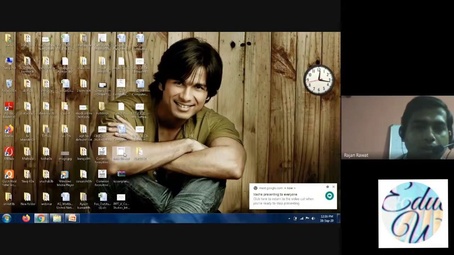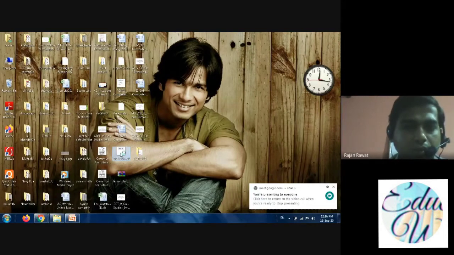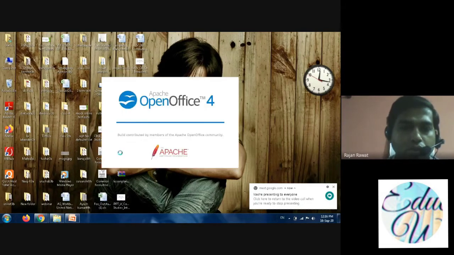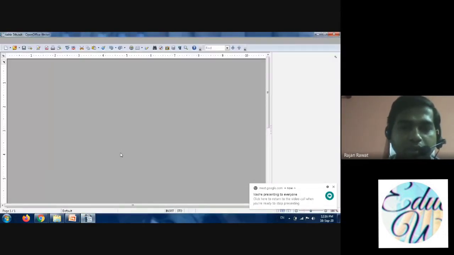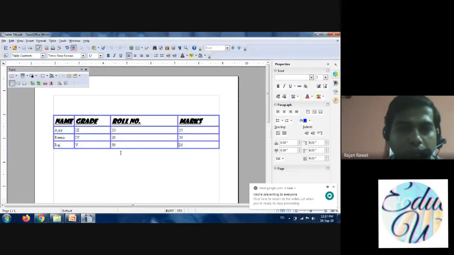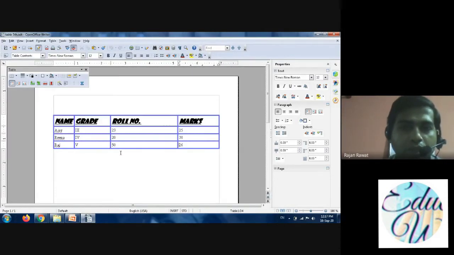For this I am opening our previous table only that I have saved. You have to just double click it. I have also shown you the steps on how to save your OpenOffice Writer file. So I have saved this table earlier in our first video, and we are carrying out our next task on the same table. So today we are going to understand how to place a background, graphic background, or either placing a color in the cell, row or column or entire table.